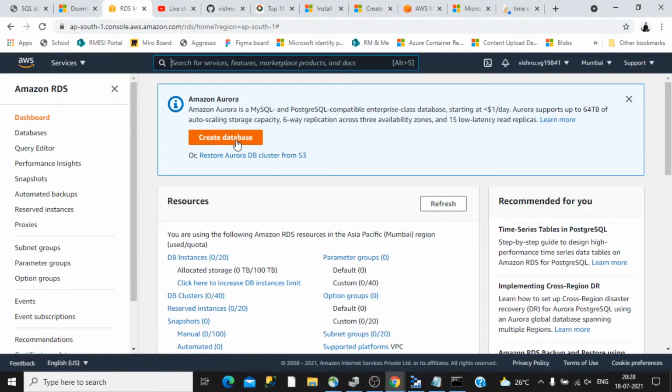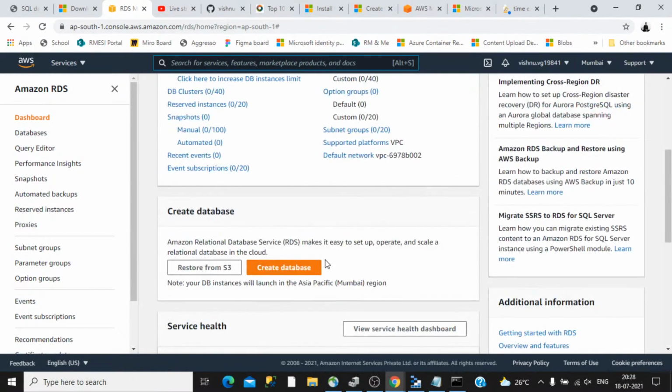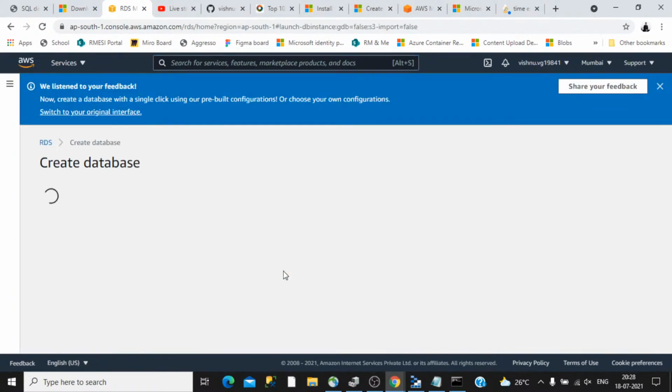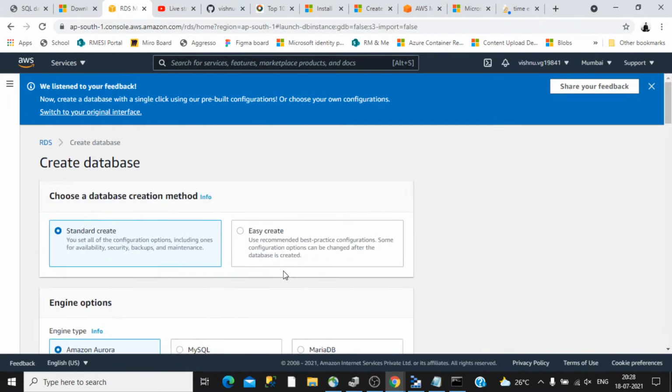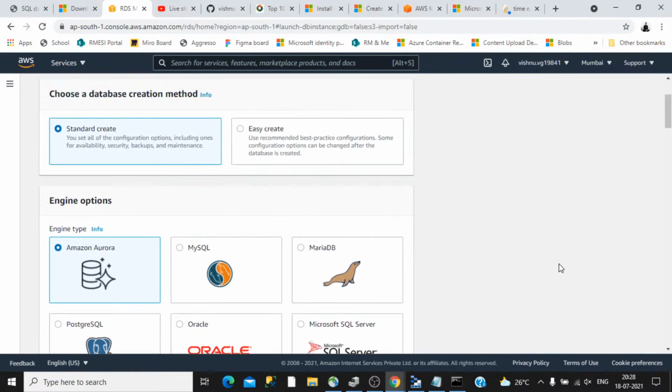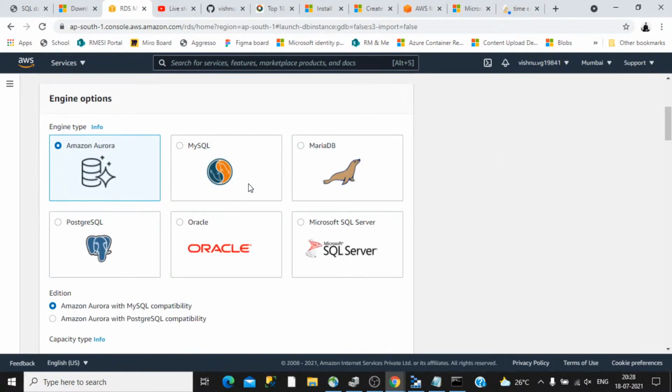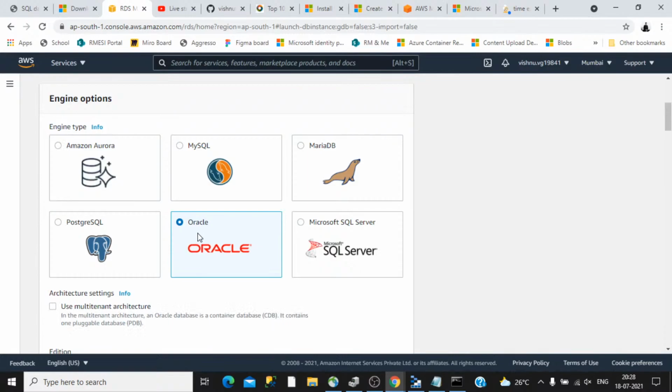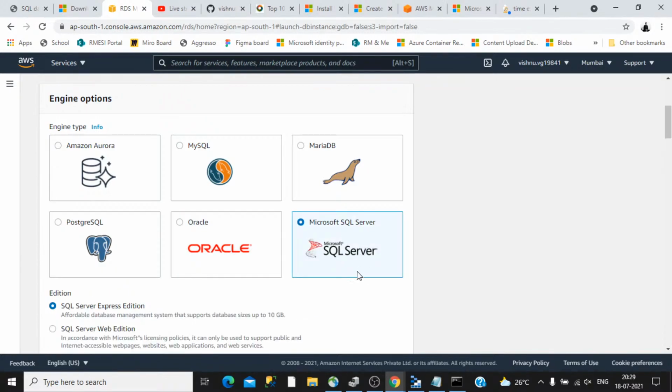Means once you create a database, for example, I can click on create database, and the next option it will show from this Amazon perspective is what type of database we want to create, or to be exact, what type of relational database we want to create. So there are different kinds of relational databases out there. This is Oracle. In the earlier example we just discussed, Oracle is a requirement, so we can straight away go to Oracle. And if your application wants an SQL server, you can take that.